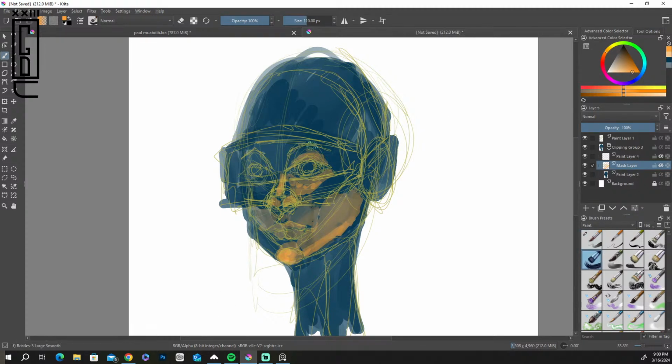You have to hack your own brushes in Krita if you want them to look the way you want it. And also, it's so difficult to paint this or to start making this out of the,